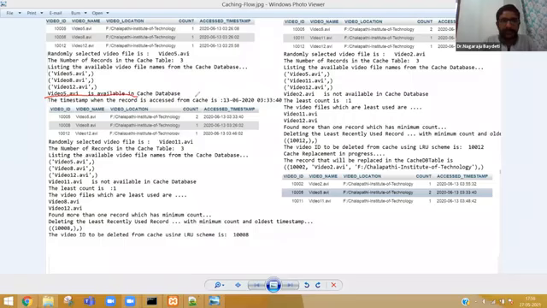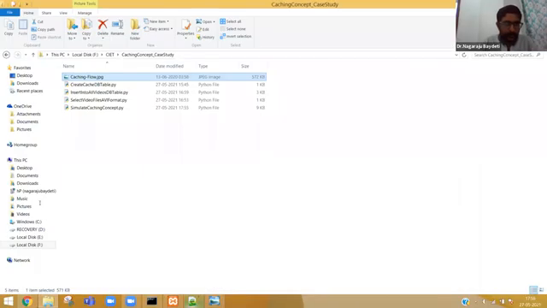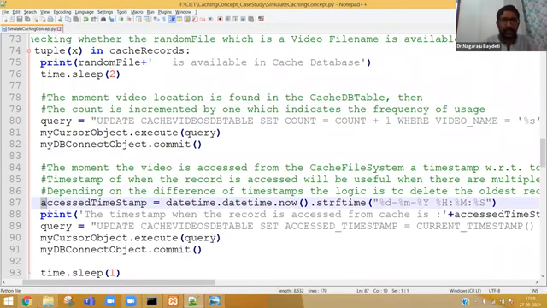The timestamp when the record is accessed is for this particular line to get displayed. I have written the piece of code in line number 87 and 88, just for the sake of printing.